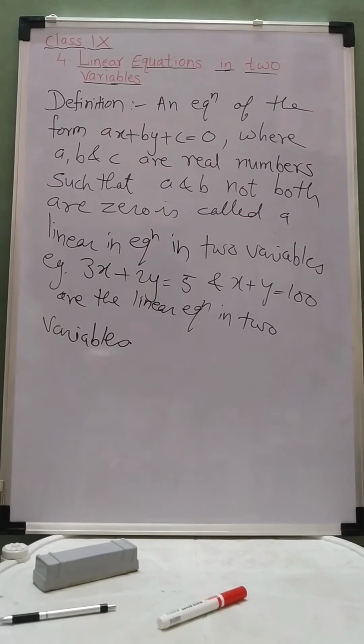So here we will just summarize these things. The standard form of linear equation in one variable is ax plus b is equal to 0. The standard form of linear equation in two variables is ax plus by plus c is equal to 0. And a linear equation in one variable has unique solution. These three important points we learned. Now we will take some examples.